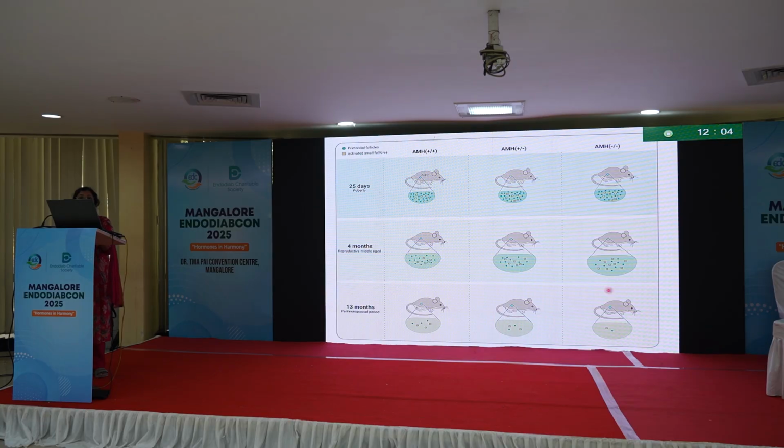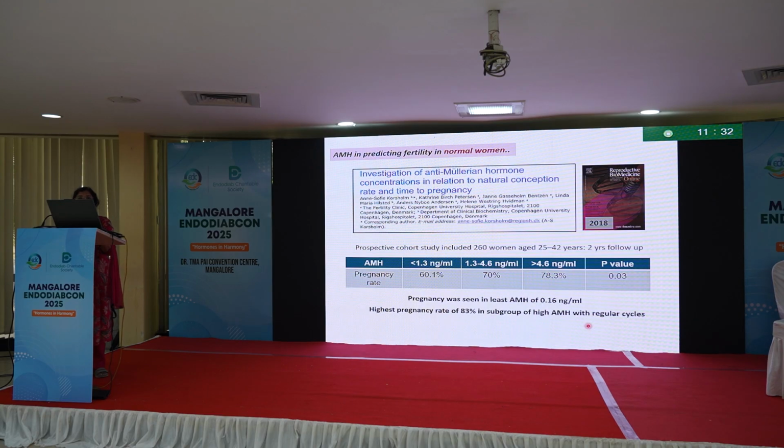So that is shown in the AMH null mice. If you can see, these green dots are the primordial follicles and the yellow dots are the activated small growing follicles. So in AMH null mice, when AMH is not there, we can see as the age passes, the primordial follicles get used up, and they are way fewer than in the corresponding normal mice. Not only that, normally the growing follicles should be limited and regulated, but they also get used up a lot, so that ultimately we end up exhausting the ovarian reserve.